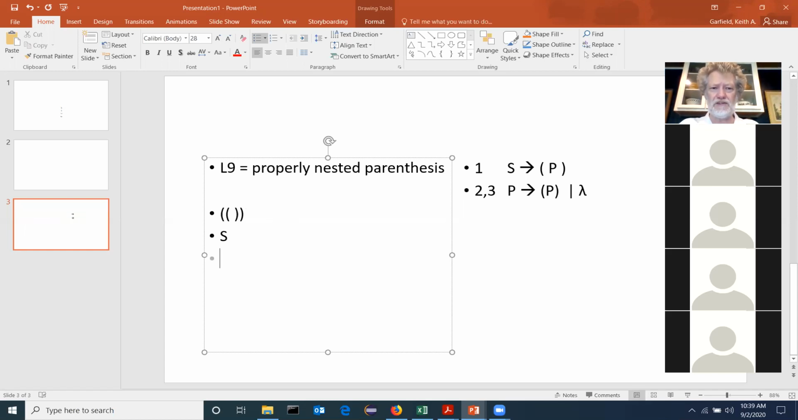I start with S. I go to that using rule 1. I use rule 2 to get that. I use rule 3 to get that. So hopefully you can see using rules 1, 2, and 3, I can create as many nested pairs as I want. That's not quite the language though,